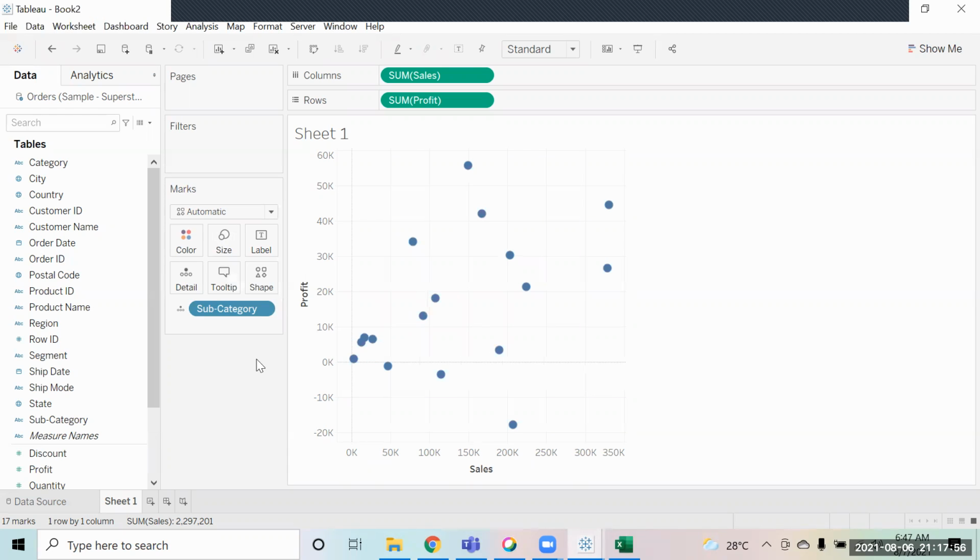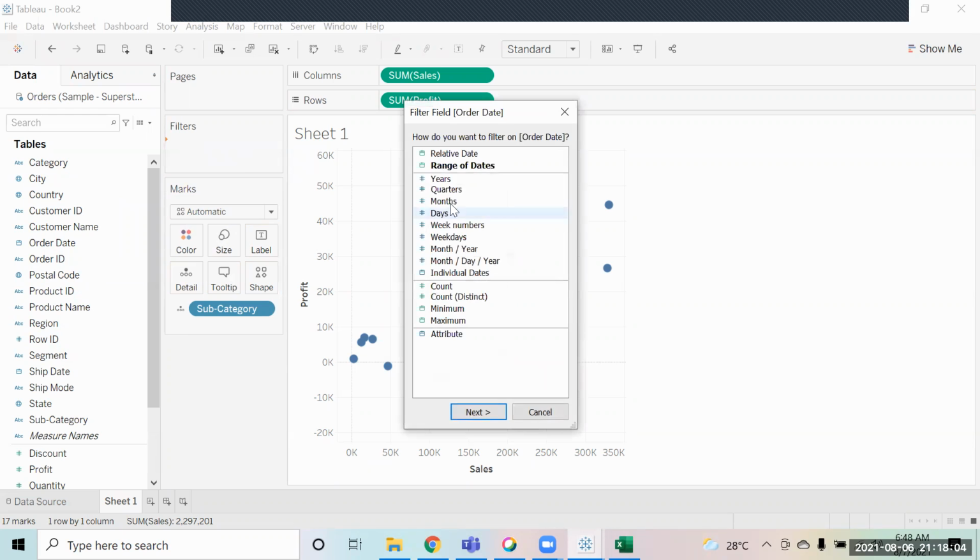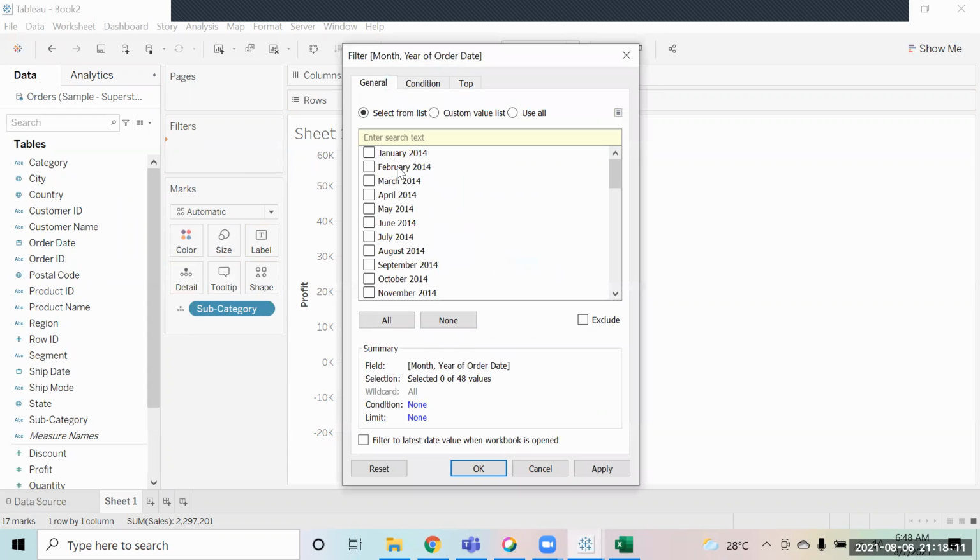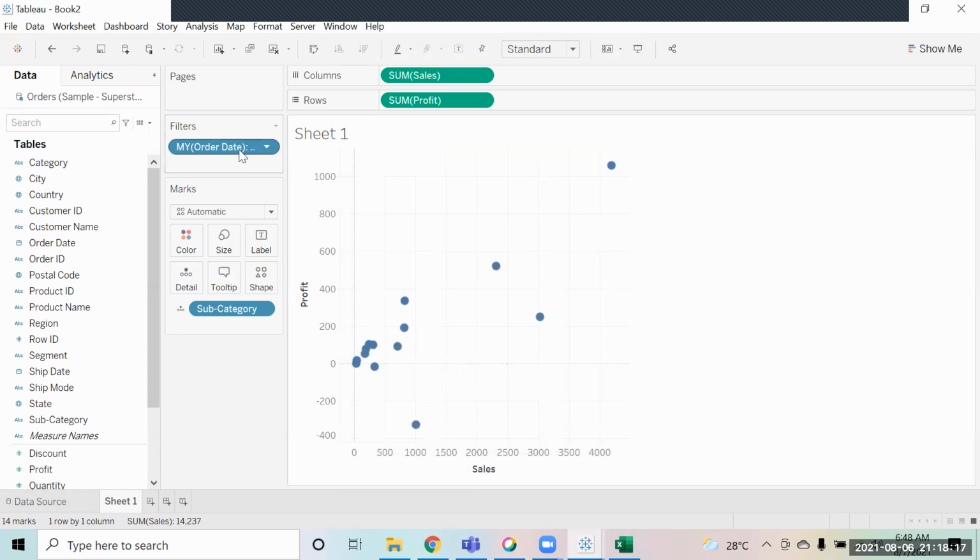See, what I can do in this is, if I pick the order date and put it in the filters, I can select how we want to show the data. If I select January 2014, it will show me the data of January 2014, right?